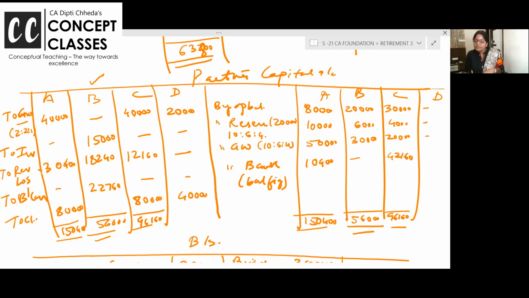One second. 40,000 plus 12,160 plus 80,000. Okay, total is wrong. One second, one second. Capital account गलत हो गया ये. 1,32,160. 132,160 minus